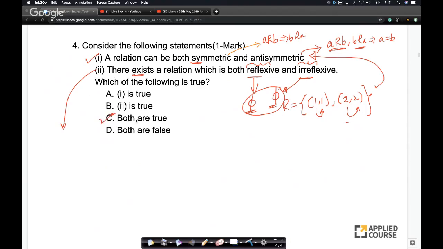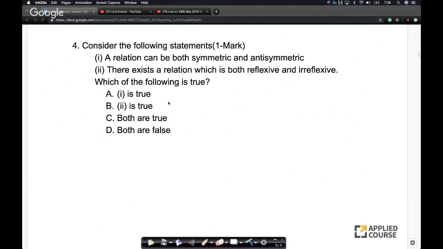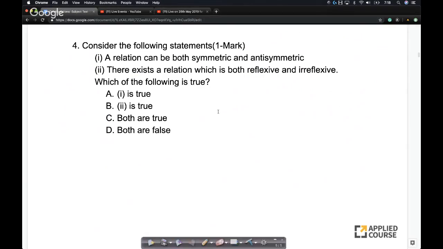Again, if you have gone through the course videos, this is fairly straightforward because we discussed this very, very clearly. I also mentioned this in the course videos, that phi is the smallest reflexive. Again, I remember working this out, right? That phi or the null set is a reflexive relation, and the null set is also an irreflexive relation, right? So it's a very straightforward question. If you're careful and if you could construct a simple example, this problem is straightforward, right? So now let's look at another question.